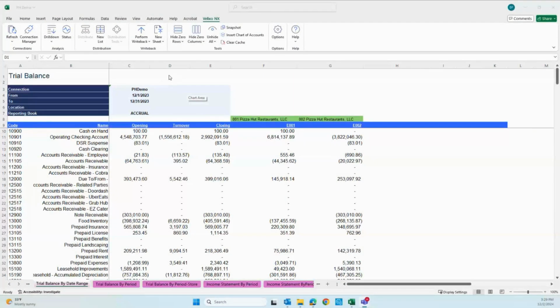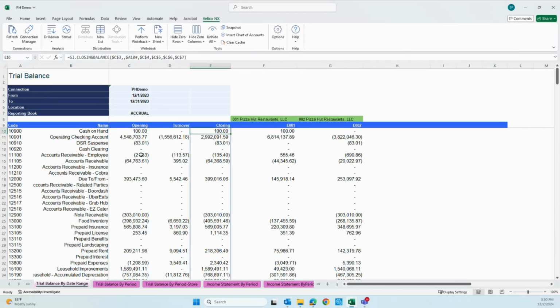One of the benefits of having Velixo, in addition to Sage Intacct, is the opportunity to validate data in an Excel environment, reducing the time and effort to run reports within Sage Intacct. So, for example, I have a report here that has a trial balance by date range. As you'll see here, we are pulling data from 12/1 to 12/23 for all locations, opening balance, in period activity,